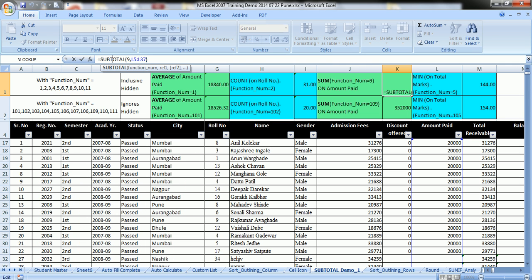With 9 as a function num and the set of values for amount paid, that is from L5 to L37, we have the function set here in cell K1. Similarly, in cell K2, we have function num as 109, and for the same set of values for amount paid, that is L5 to L37.